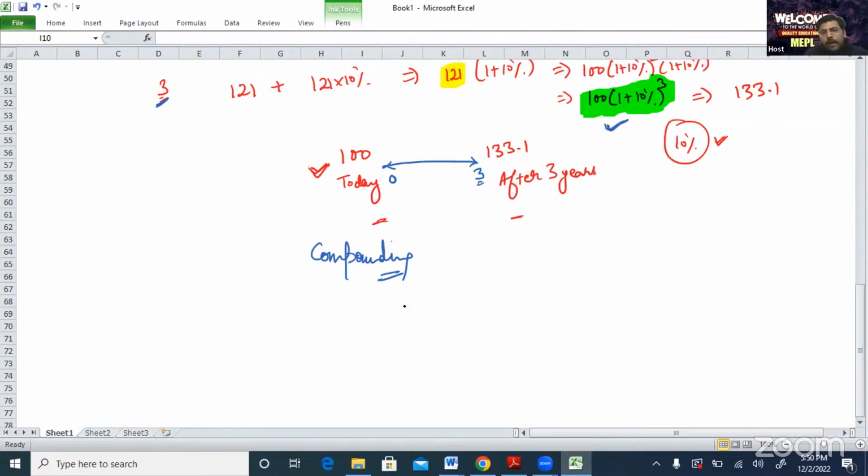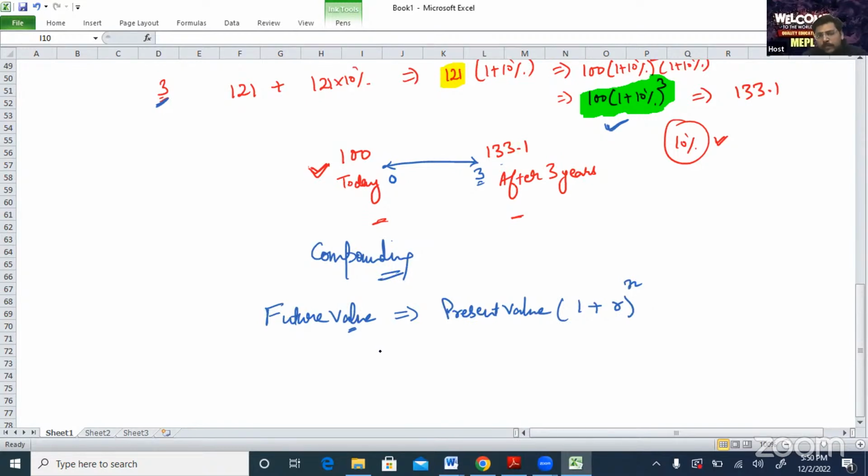So if I calculate any value for a future time period, that is called my future value. So how can we get my future value? Present value is the amount which we have invested. So present value into 1 plus r raised to the power n, where r represents the rate of interest, or it can be I for rate of interest, and n here means the number of periods.